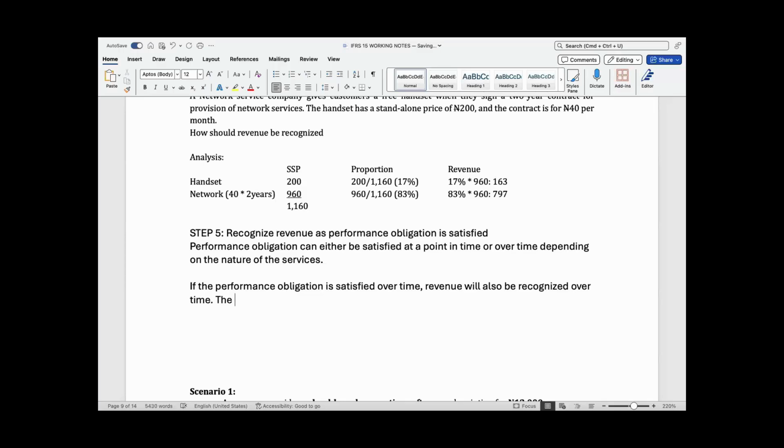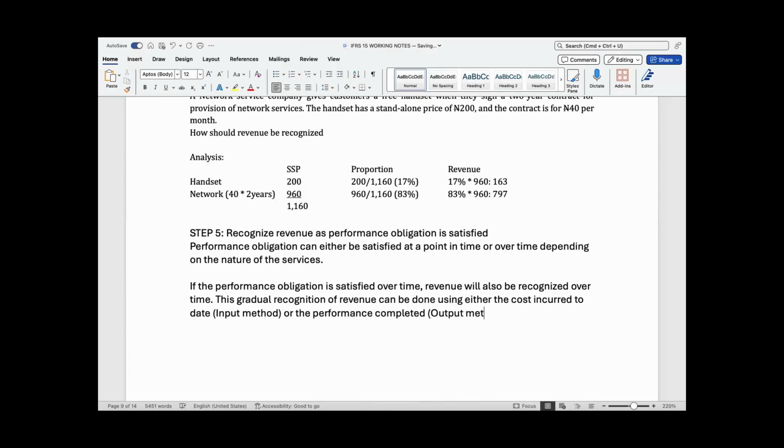And this gradual recognition of revenue can be done using either the cost incurred to date, which we call input method, or performance completed, which we call